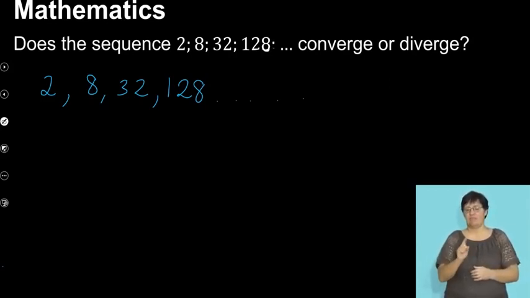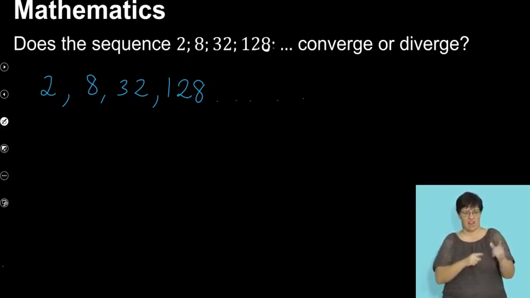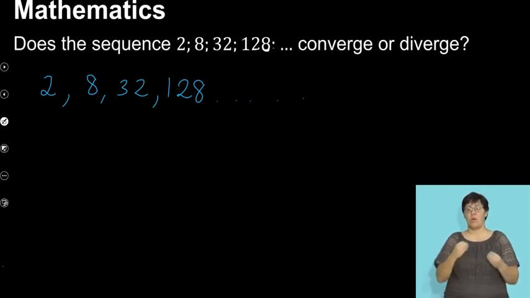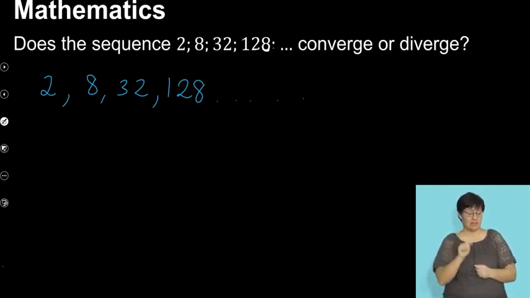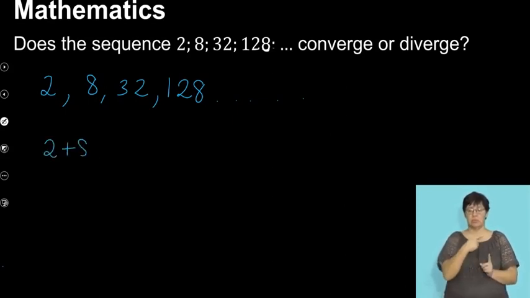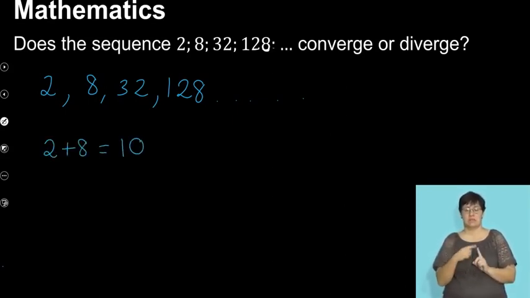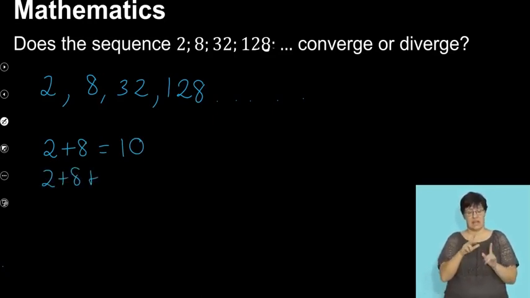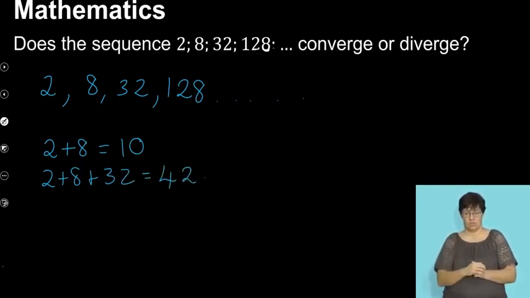So that is the first property of a convergent series that this actual sequence fails to meet. So we're now going to look at the property of a convergent series getting closer and closer to a specific number. If I add the first two terms together, I'm going to get 10. If I add the first three terms together, I'm going to get 42. If I add the first four terms together,